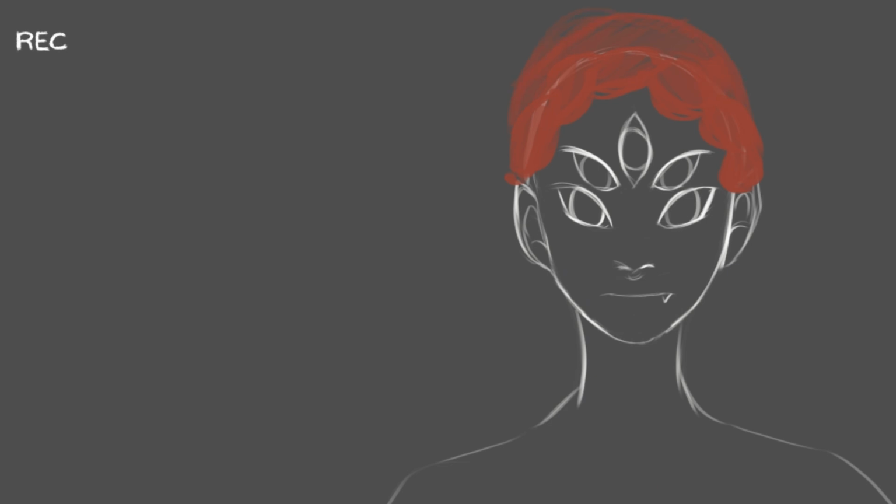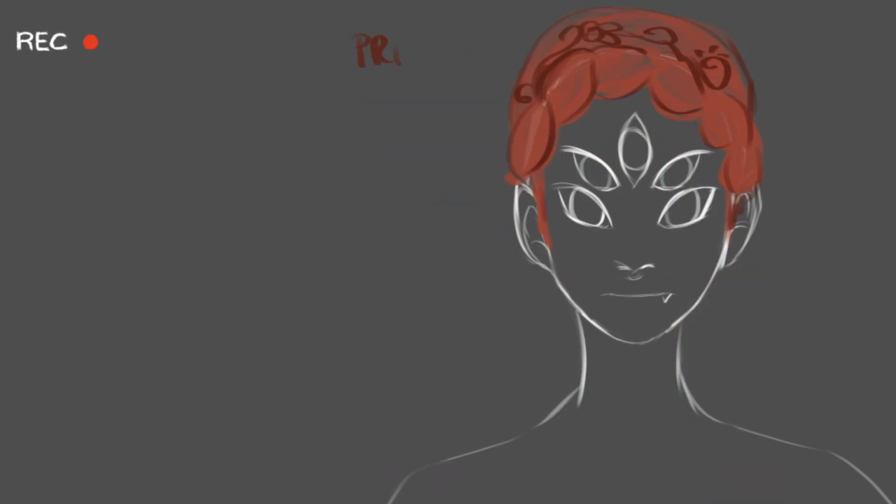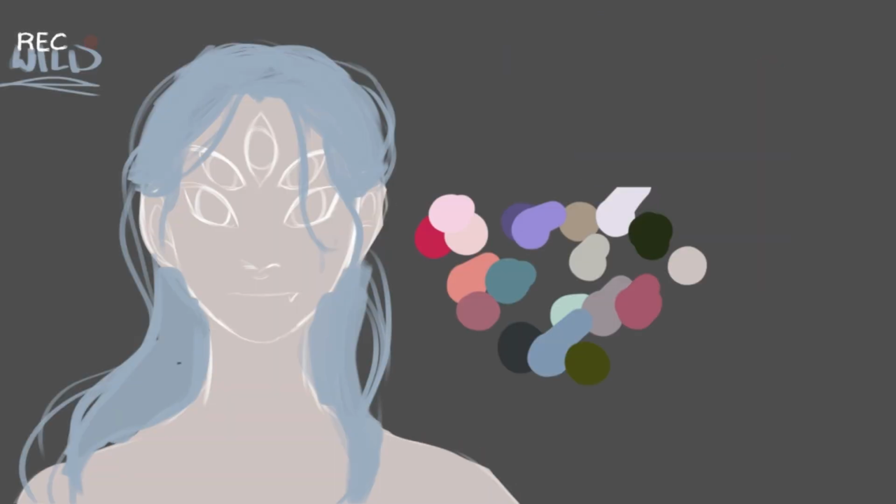I realized that what drew me initially to those images I chose for her design inspiration was that feeling of mystique. I chose her skin to be this desaturated grey color. Her hair, meanwhile, has this bluish tone to it. It's also very desaturated. I wanted the main focus point to be her eyes, because that's the freakiest part, and also I think that's the coolest part.